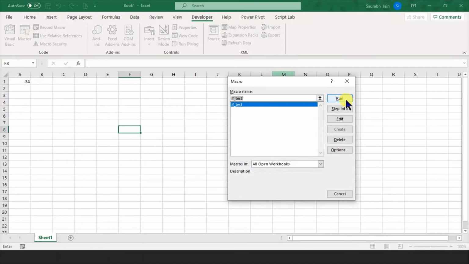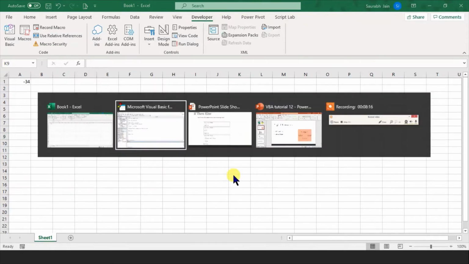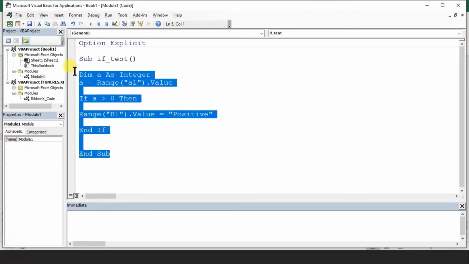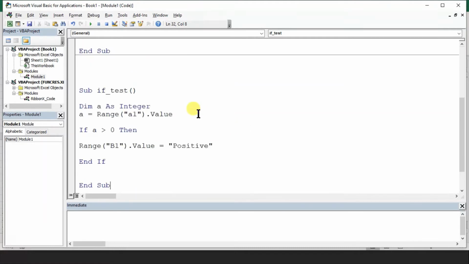Macros. So nothing happens. Fine. So this was the condition that it checked, whether it is greater than. Fine. Now let's check for less than also. Let's write a code for less than also. What I'll do is I'll copy this program again. Control C, so it will be quite easy for you to understand what is happening. Control V, and I'll change it to if else underscore test. Fine. So now the program is if else test.